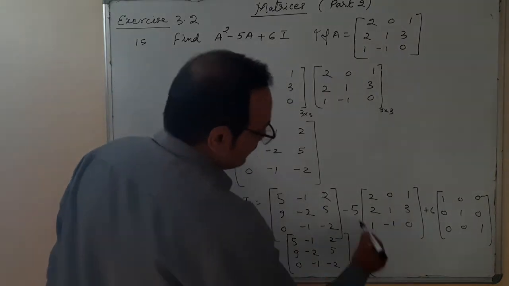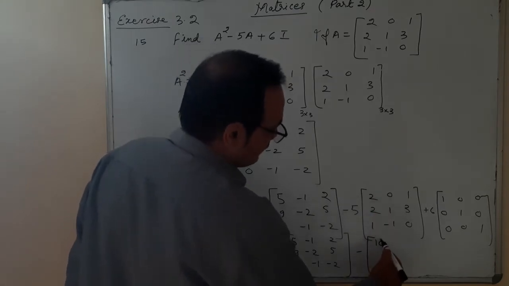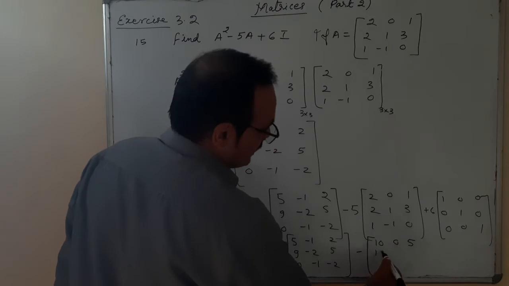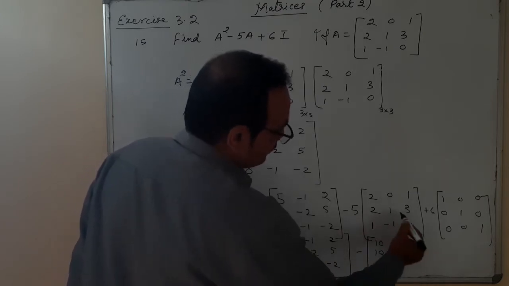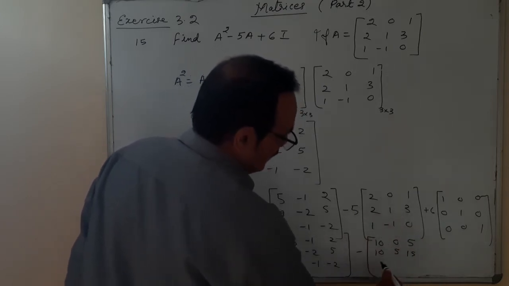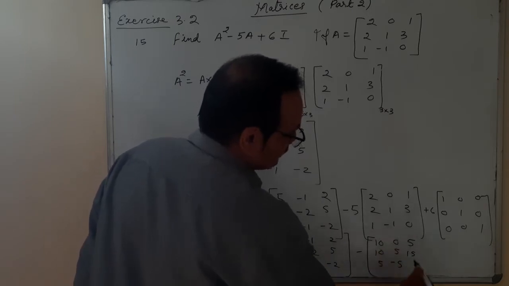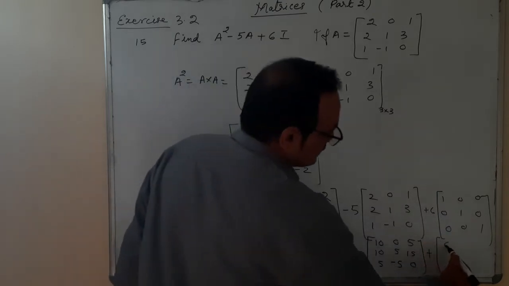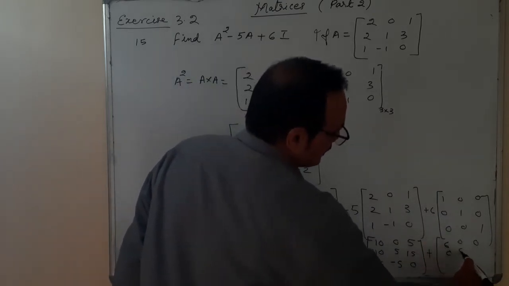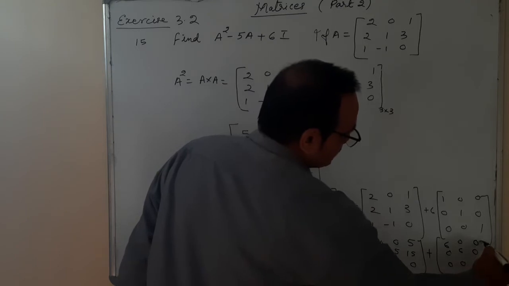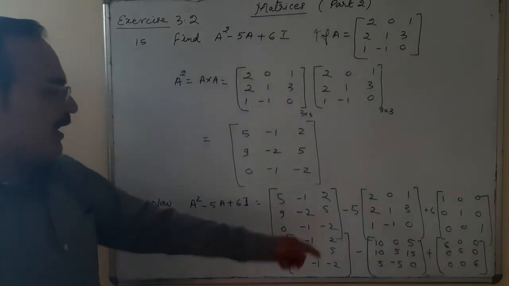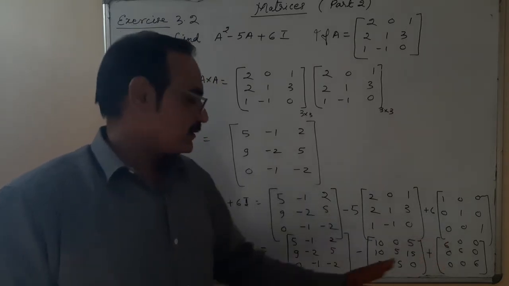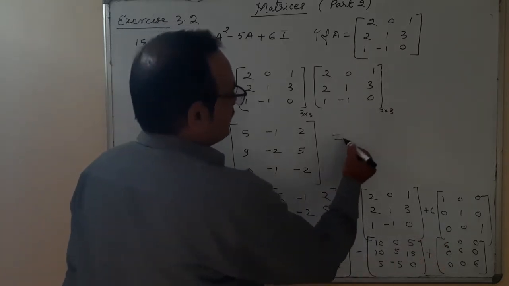Multiplying 5 inside: 10, 0, 5, 10, 5, 15, 5, minus 5, 0. Plus multiplying by 6: 6 0 0, 0 6 0, and 0 0 6. Okay. After this step, what should be done? It is first minus second plus third. So that means the final answer is